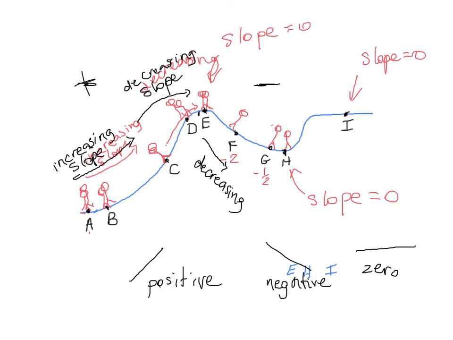From F to H, it's increasing because it's going from negative and approaching 0. So it's increasing. And we can see something similar happening on this side. It continues to increase until it gets to around here, and then it decreases back to 0. So that's what we're talking about when we speak about increasing and decreasing slope. All right,